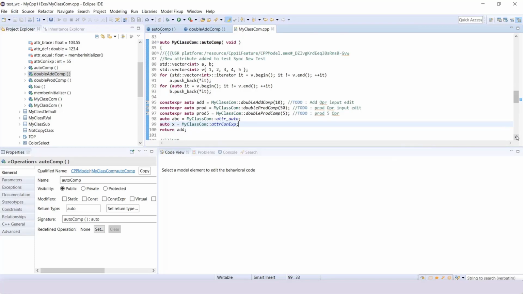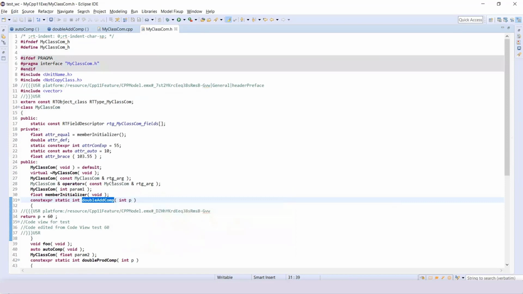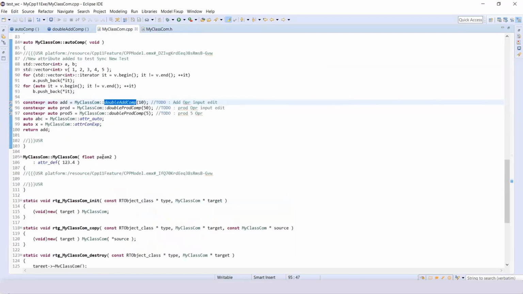While working with the CDT editor, the most significant thing is that you can see all the code related to this my class com. Apart from AutoComp, there are also others, suppose double AtComp. You do F3, you can see wherever it is used.